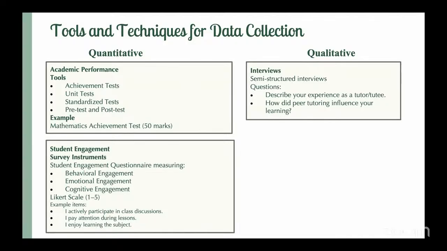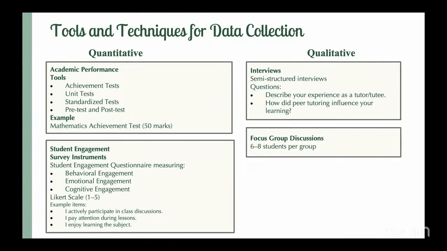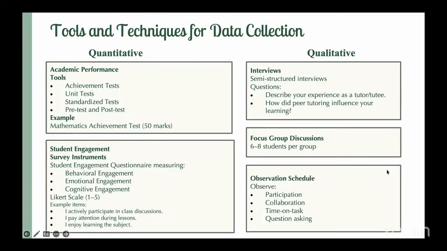In qualitative, you have semi-structured interviews. So it can be the teacher or the student. Tutor means the teacher, or even the peer tutor. As I said, there may be a group of students who are tutoring other students. So you can take them and the other group who are being tutored. Right? How did peer tutoring influence your learning? So these are kind of questions. FGD, again, you can take a bunch of students and ask them questions, facilitate the discussions amongst them.